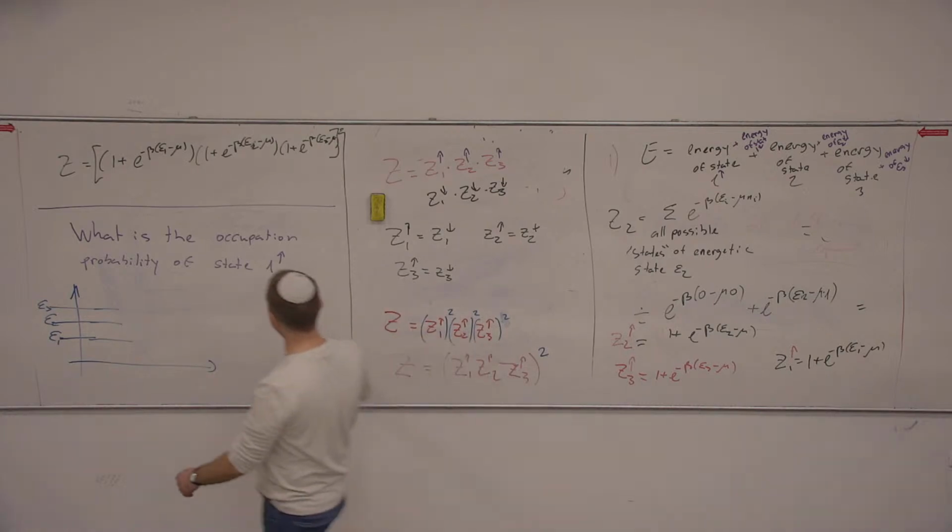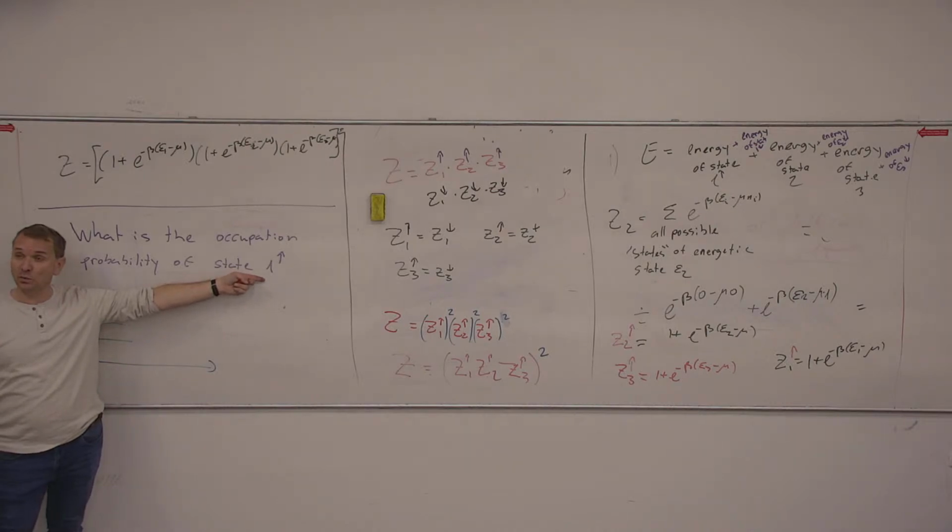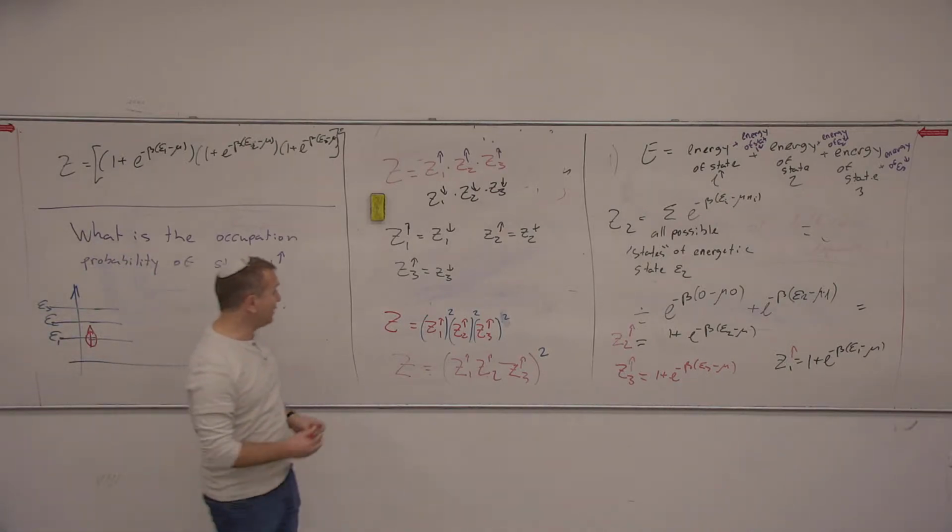I should put one particle over here. It's going to be up. Okay? And I should count all the different configurations that come with this specific state 1, right? Because what I know